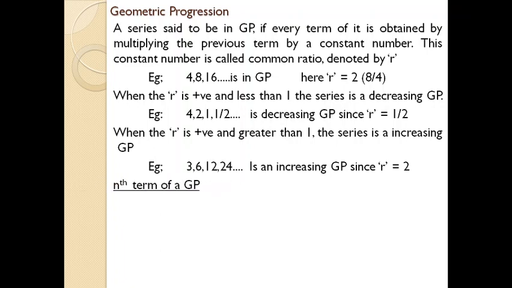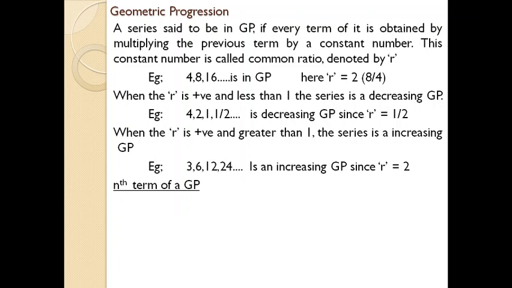A geometric sequence is sometimes called geometric progression or GP, depending upon the situation. Just identify the difference between geometric progression and arithmetic progression. In arithmetic progression, we take the difference between each number in a series as D, which is known as the common difference. Here we multiply with a common, constant number between the numbers in a series. It is known as the common ratio, denoted by R. Just remember both terms, their concept and their meaning.